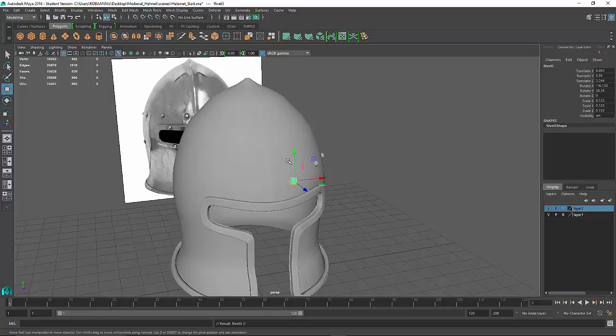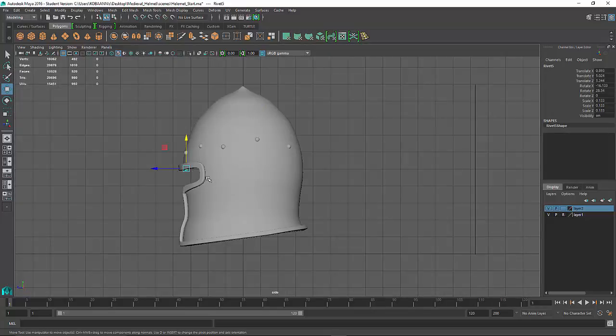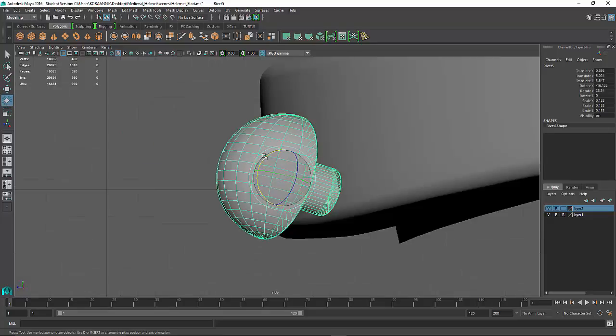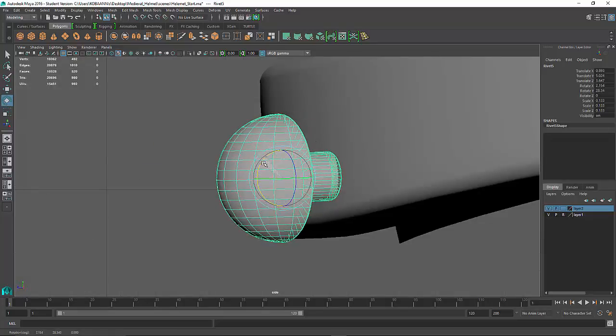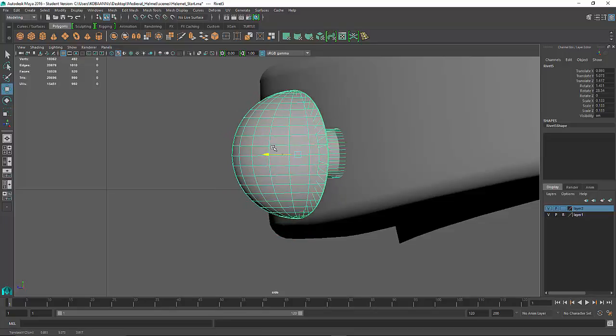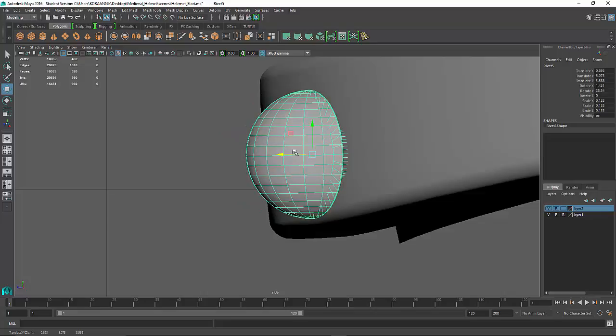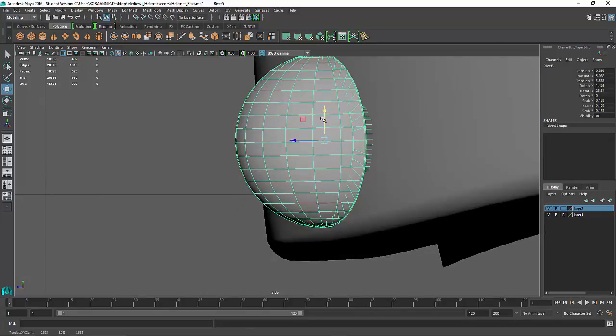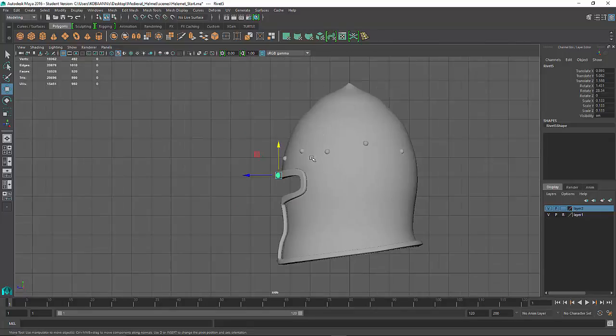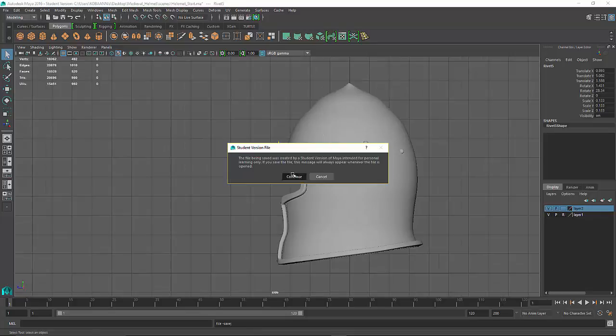So Control D. Pull it out. F to zoom into your selection. W to pull up. Pull back in. W to pull up. Let me save right here, because trust me,